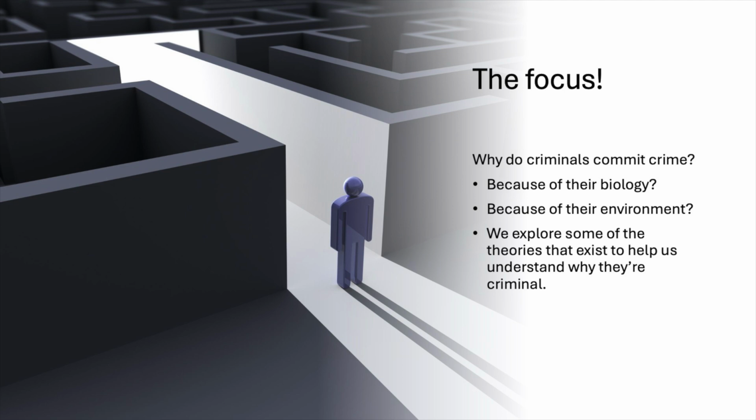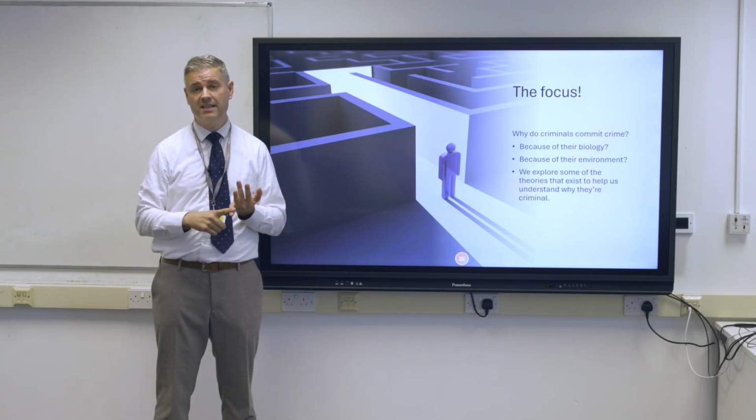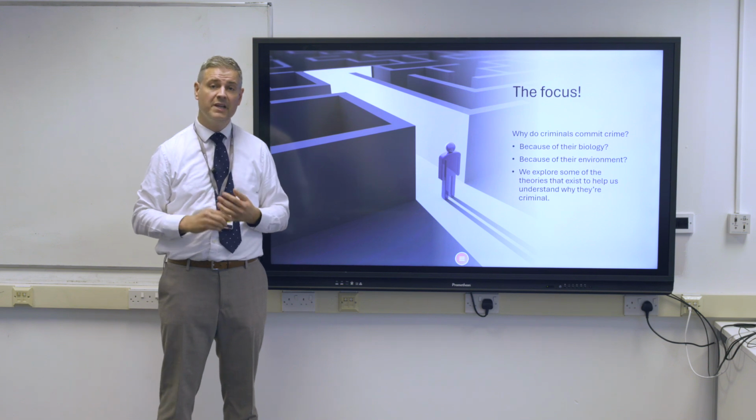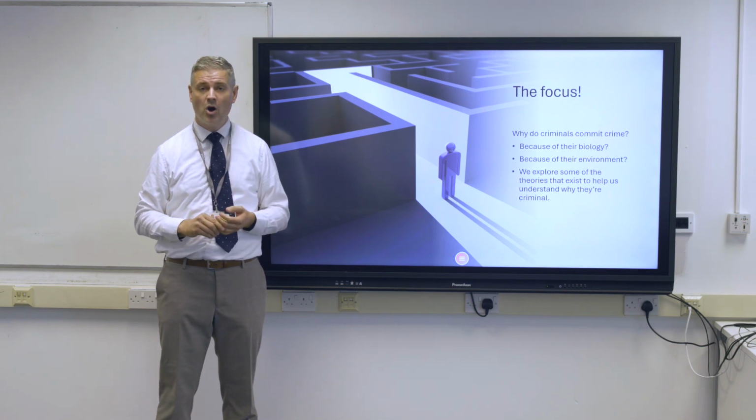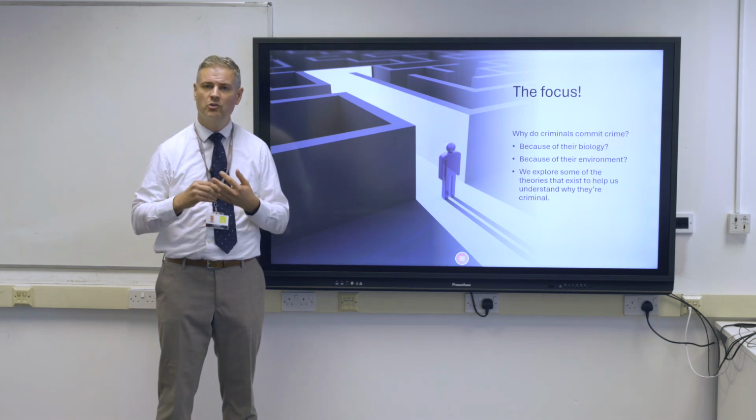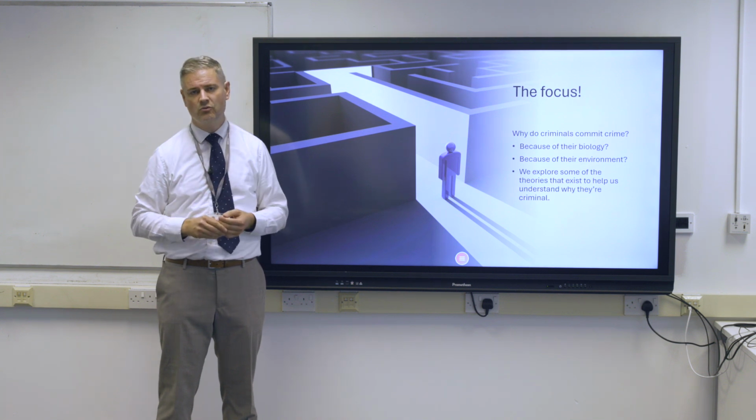So we're just going to have a look through, and I'm going to just talk you through some of the reasons that we have for why people might be criminal, because it's quite an interesting question. And so one of the things we look at is, is it biological? Is this something built into us that makes us more likely to be criminal? It could be your genes, it could be that you have a gene that makes you produce more testosterone, it makes you more aggressive, that means you're much more likely to be criminal.